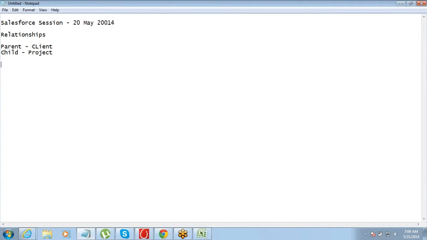Now next thing, how do you establish the relationship? We have identified the parent and the child. How do we establish the relationship in the database form? Create a relationship field in the child object. As simple as that. Nothing else.